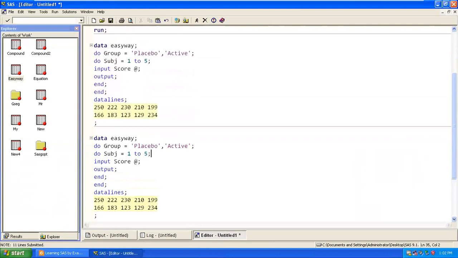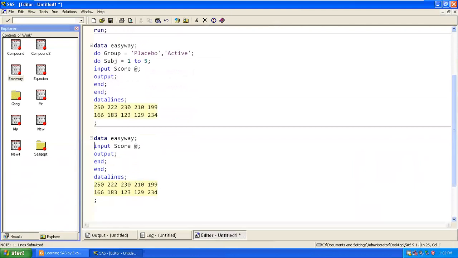Here, remove this, it is not required now. Input, score. We have two values called score 1 and score 2. Correct? Now I want to store these two values. So one should be this, one should be this. Again, one should be this.